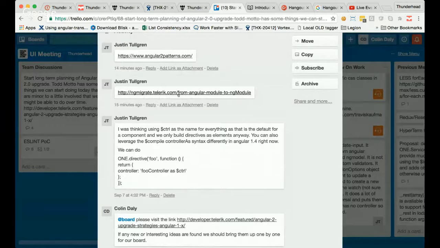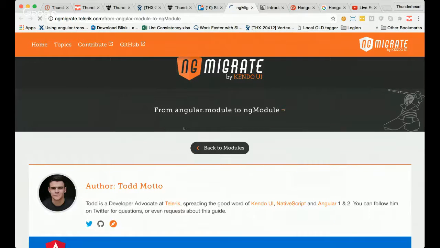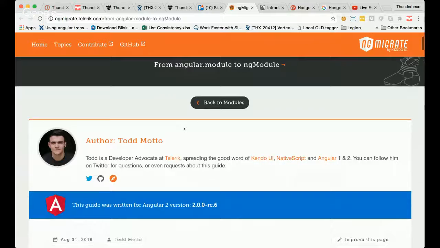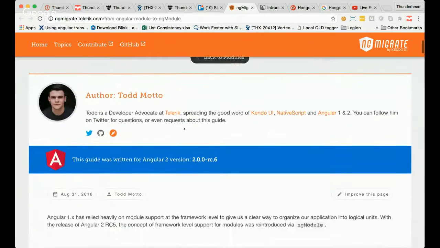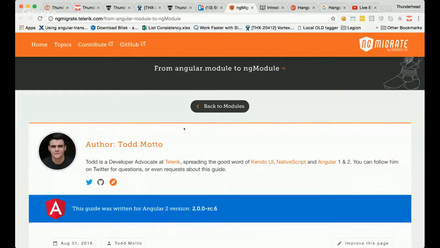The other thing I put on here, which I'd like people to think about, is the module loading system. I know we talked about our module loading as another part. Angular 2 has a new ng module way to do things. So I just thought, oh yeah, how we do our module loading, and I don't know how that will be impacted by this or not. I haven't looked at it enough to know.